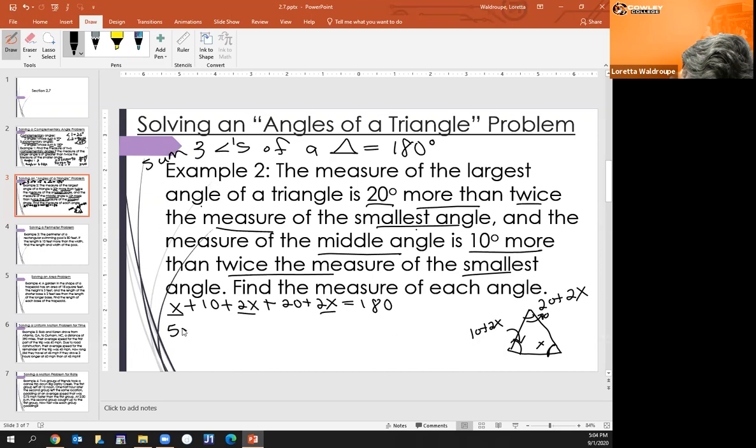So 5x plus 30 is 180. Subtract my 30 from both sides. And 5x equals 150. And when I divide both sides by 5,